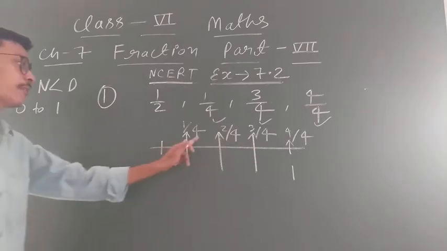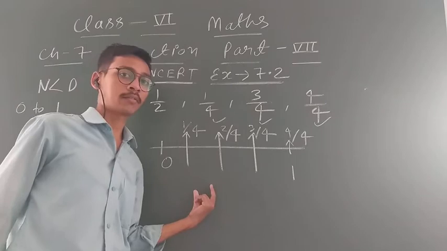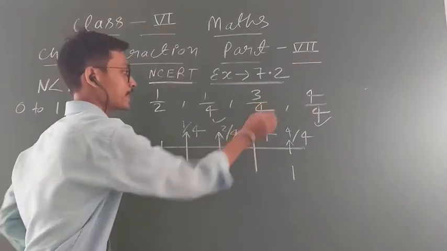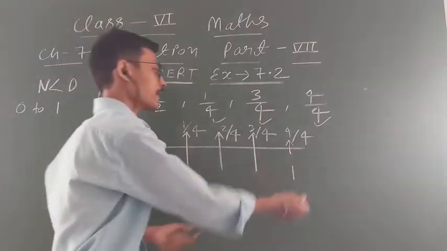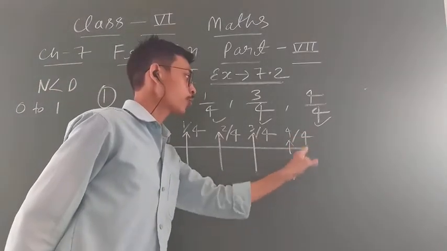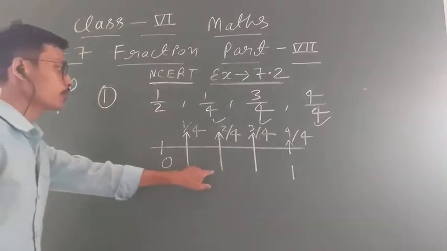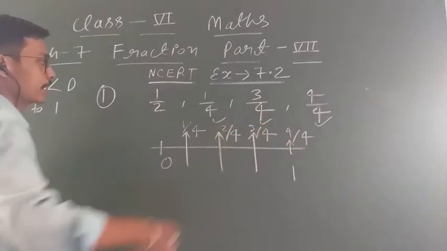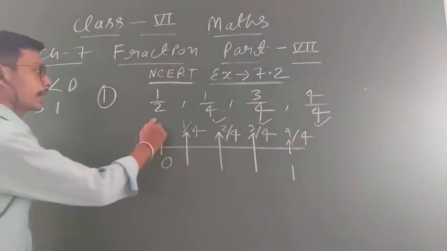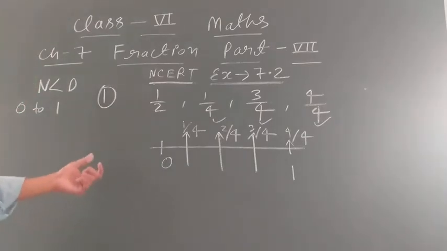Okay student, why 1 upon 4? Anyone can ask you, so you can say, because I divided into 4 equal parts. Since 4 is the greatest number given, you divide into one less part. Why one less part? Because the last part is the number itself. See, this is 4 upon 4. So this is the number line, with 1 upon 4, 2 upon 4, 3 upon 4, 4 upon 4. There is no need of writing on the left-hand side and right-hand side. You only have to draw the number line according to this. Okay student? So this is our first question.